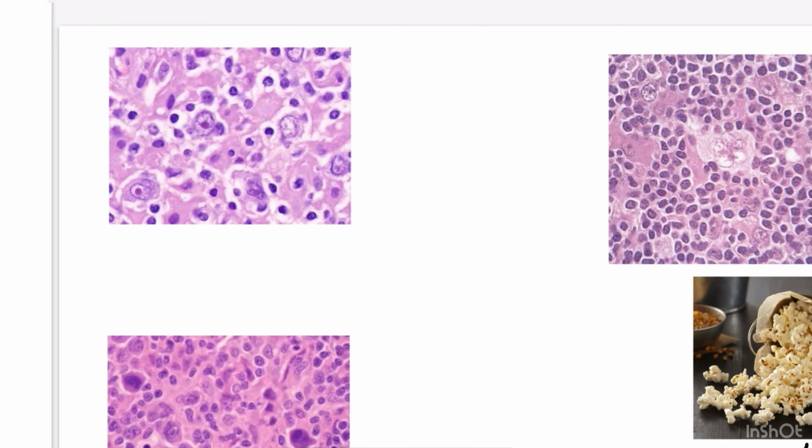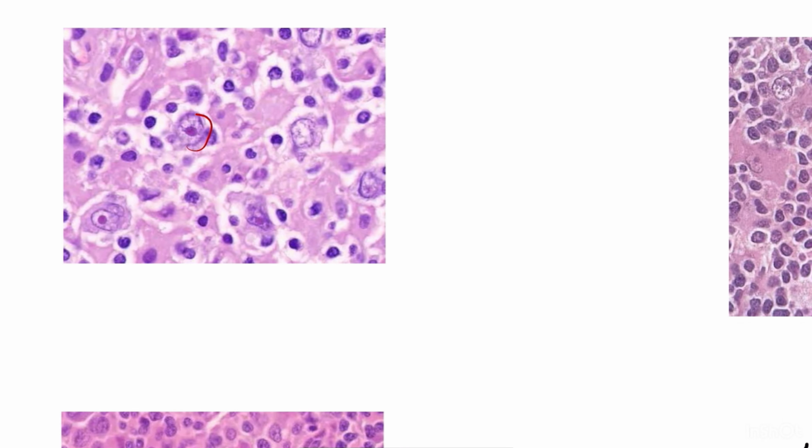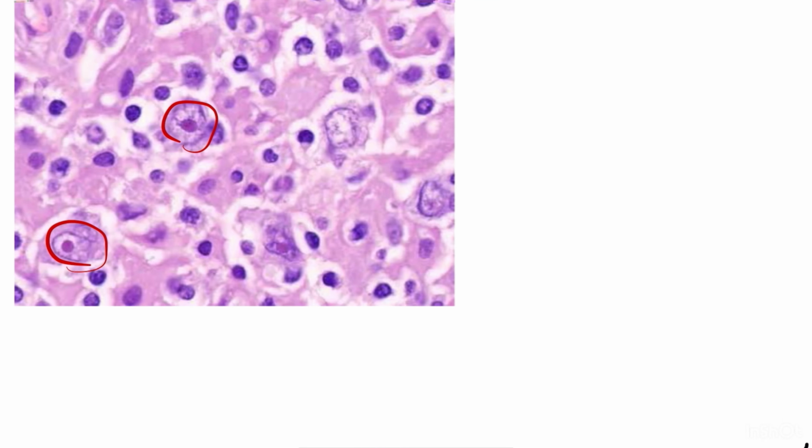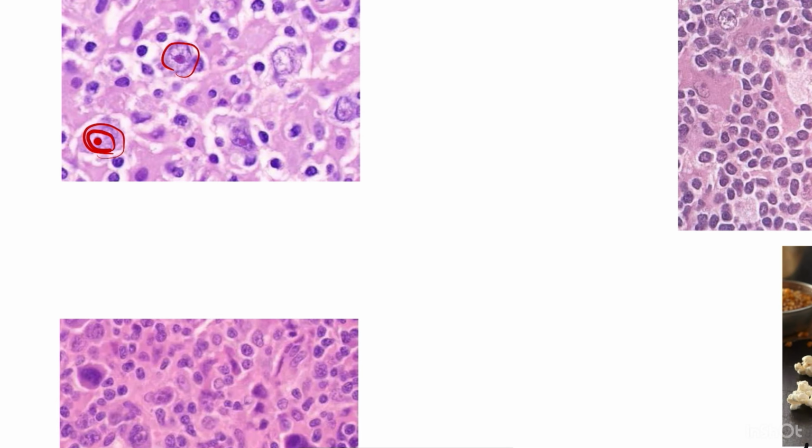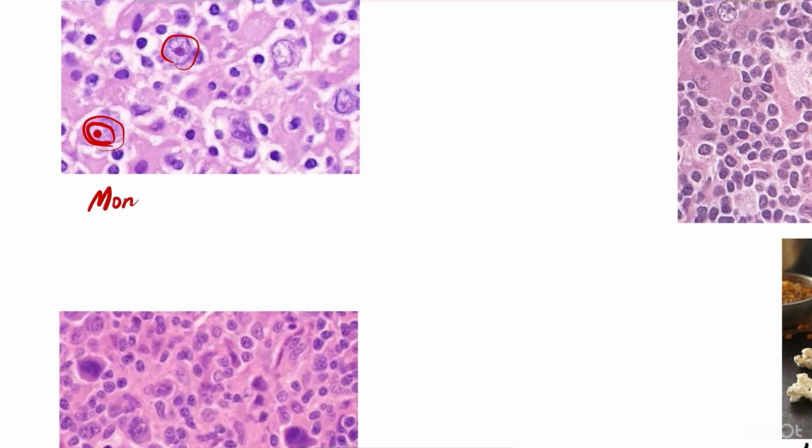Coming to this third picture, here the RS cells are present but they contain a single nucleus. That is, there is a single nucleus with an eosinophilic inclusion. So the single nucleus is called mononuclear RS cell. Mono means single, that is one. Nuclear means nucleus, and Reed-Sternberg cell. This is found in